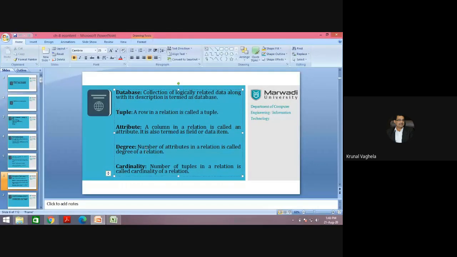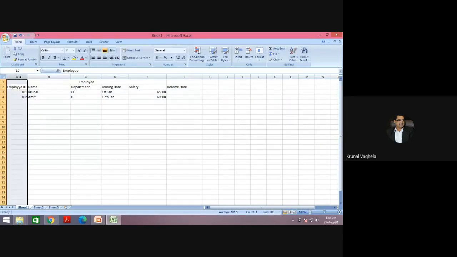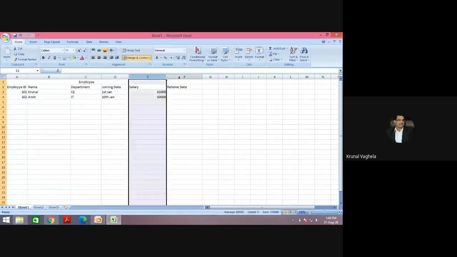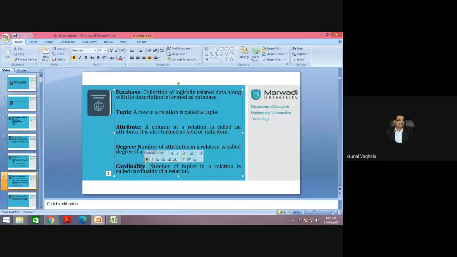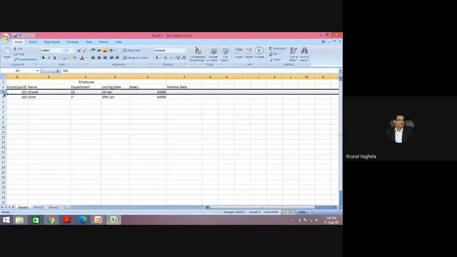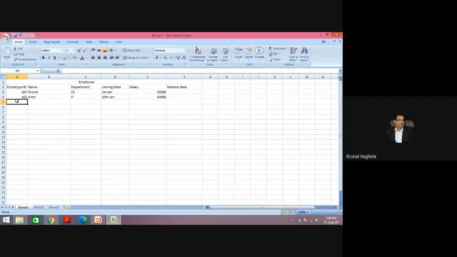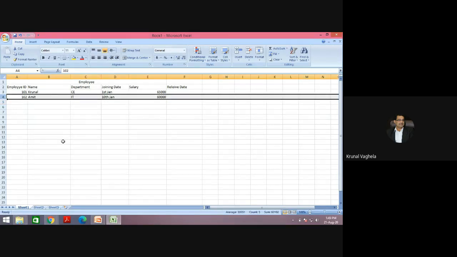Degree. Number of attributes in a relation is called degree. Number of attributes. How many is there? 1, 2, 3, 4, 5, 6. So degree is 6. And cardinality. Number of tuples in a relation is cardinality. So 1 and 2. Cardinality is 2. If you add one more row, cardinality is 3. If you delete one row, cardinality is 1.